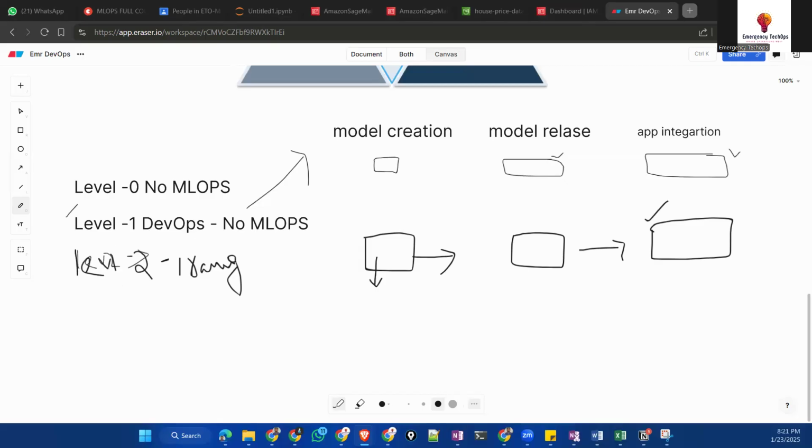And then we'll come to level 3, where model deployment will happen. Here, the data scientist works directly with the engineer, and that is going to be converted into code and made repeatable.